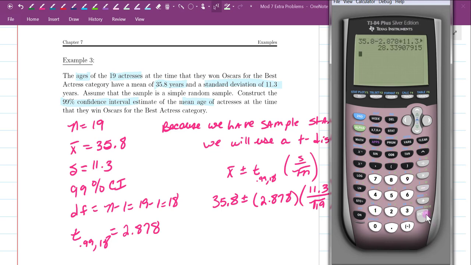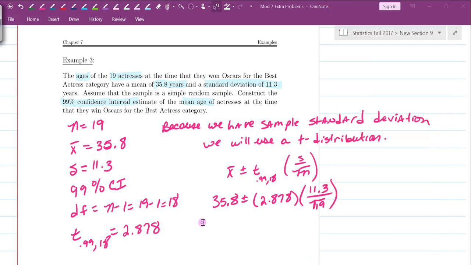And we hit enter, and we get 28.3391. So my lower bound is going to be 28.3391, and my upper bound,